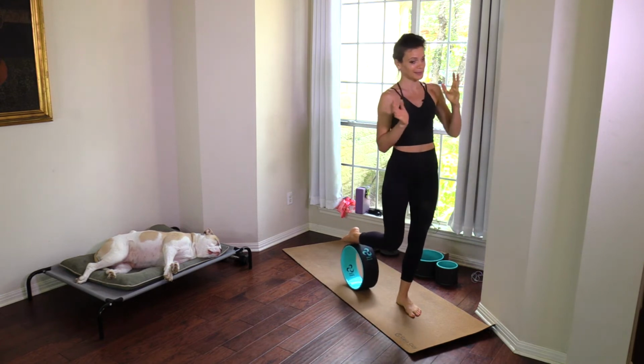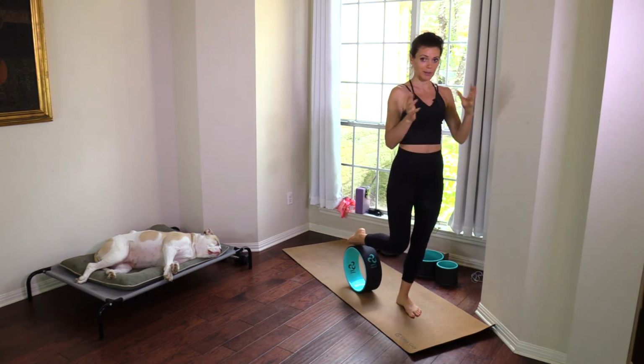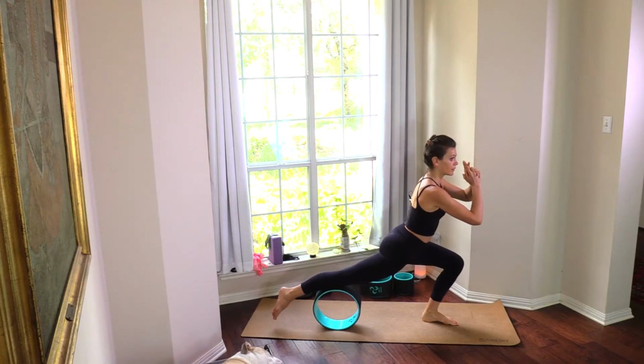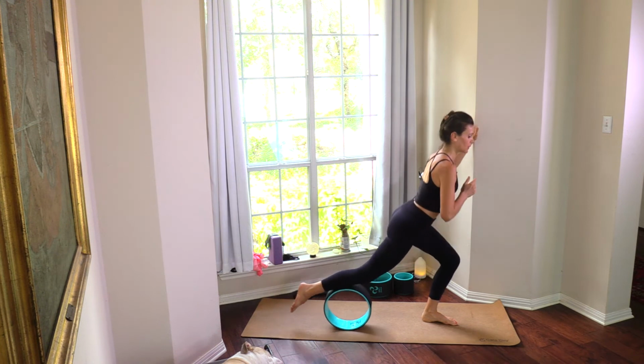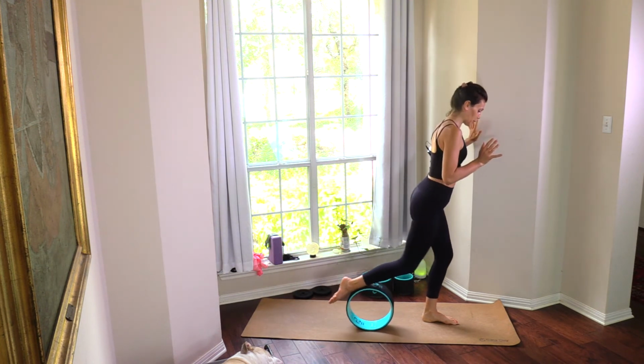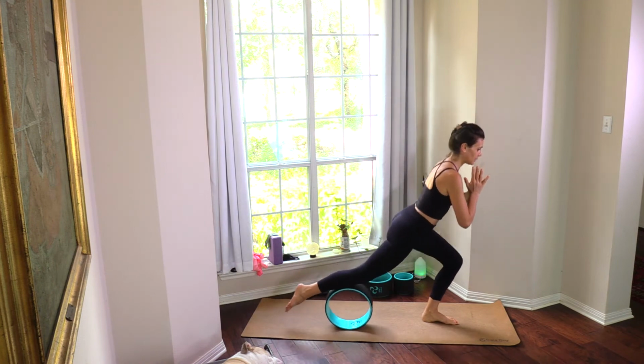And now this is the kicker, because instead of just coming out of it, we're gonna go into Bulgarian split squat, you can hold the wall. All right, my butt is already on fire just from the explanation. Let's go. 1,